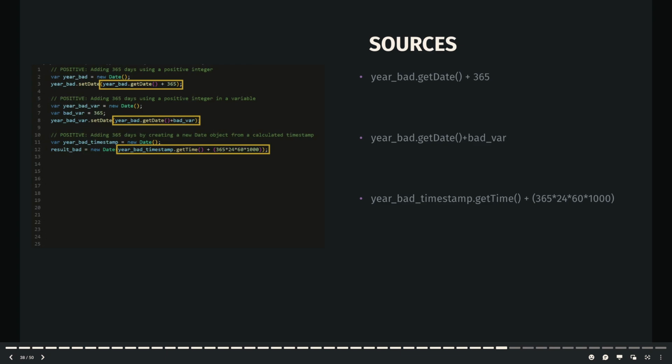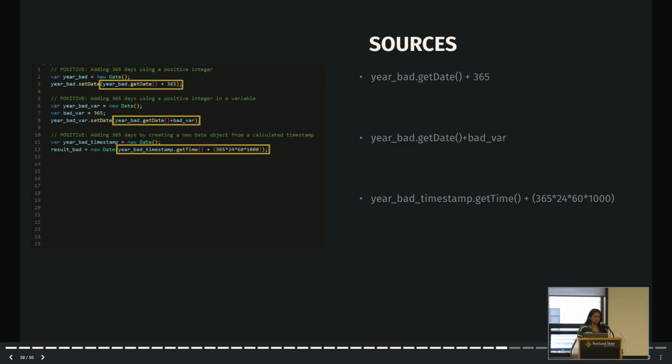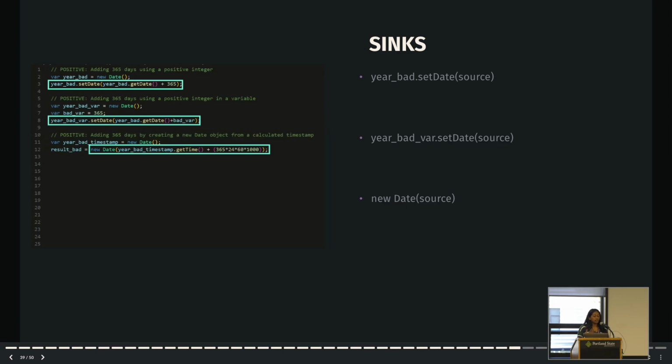We look for this because this pattern doesn't necessarily mean it's the full problem we're looking for, but it's necessary for that full anti-pattern to be found. Highlighted on the screen are the 3 examples of this from the sample code we're looking at. And if you see, the actual date object plus 365 doesn't actually prove that there's a problem until it's actually used in this sink. It needs to flow into a sink that makes up the rest of the anti-pattern. In that case, it would be the use of the setDate or the new Date function and constructor, respectively, that end up flagging the code. These are the same highlighted portions as we showed earlier on lines 3, 8, and 12, because these are the final portions of the code that should be alerted.